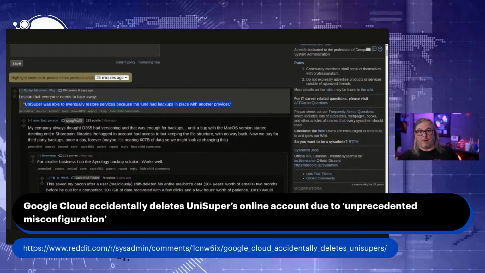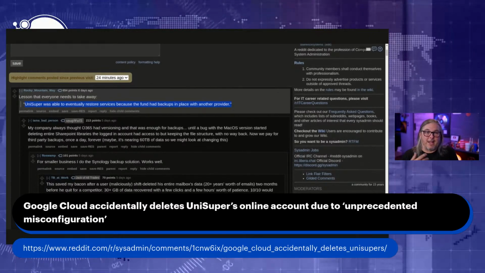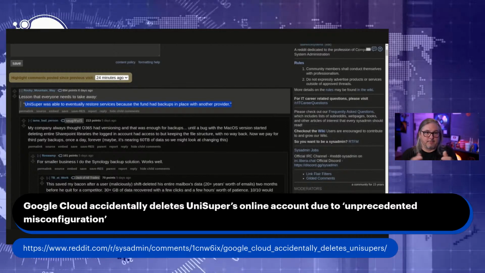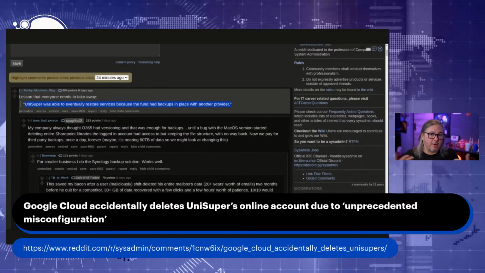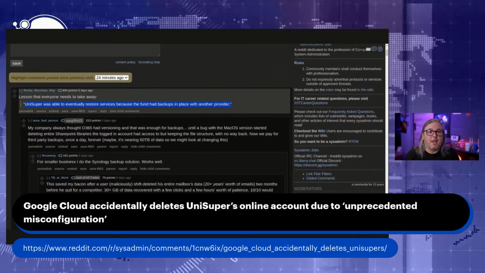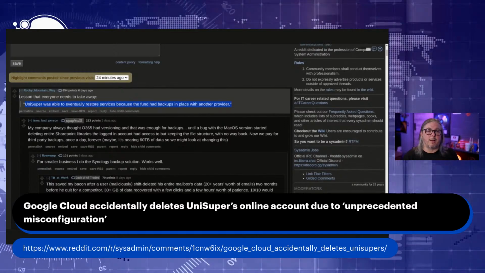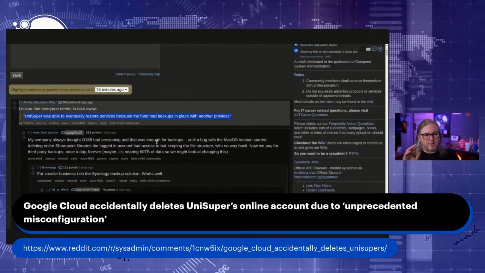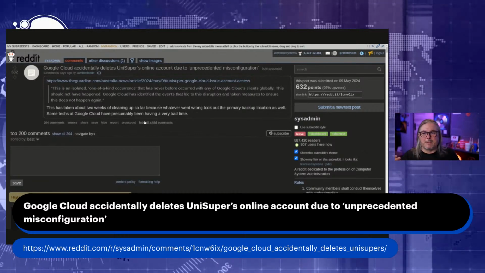And if you don't have backups, then what? If you've put all your eggs in one giant cloud bucket and you don't have a copy of it, we even encourage, as probably many of you do, backing up things locally. So if you keep it in the cloud, having a local backup is great. If you depend on things local, we put it in the cloud. This is one easy, relatively affordable way to do it. But there's also the option for multi-cloud backup as well. I just want to put this on everyone's radar because you could be part of an unprecedented misconfiguration.